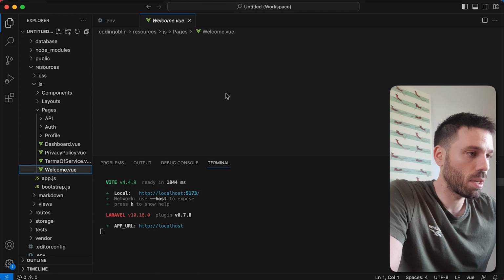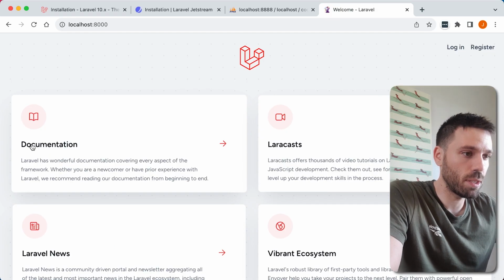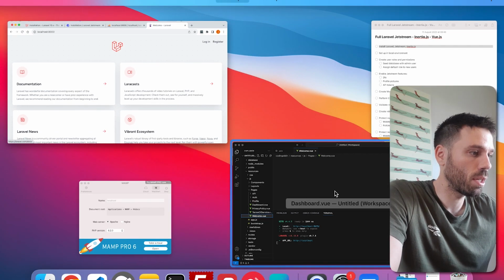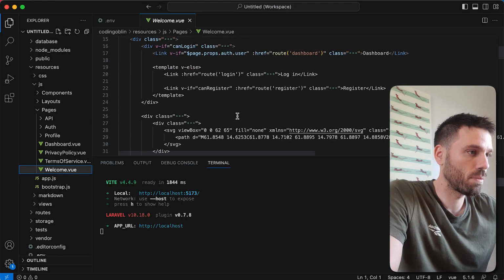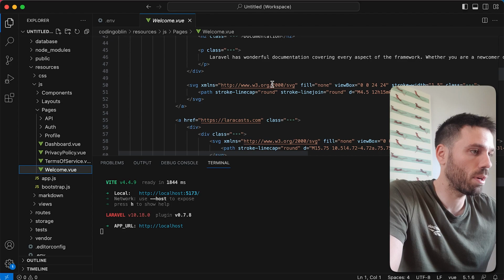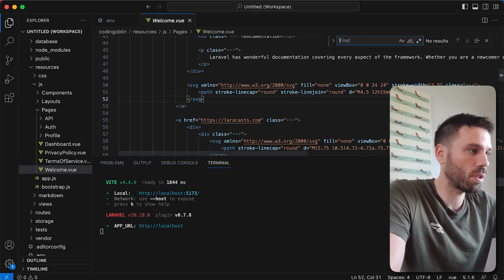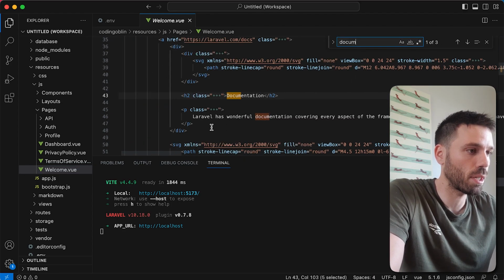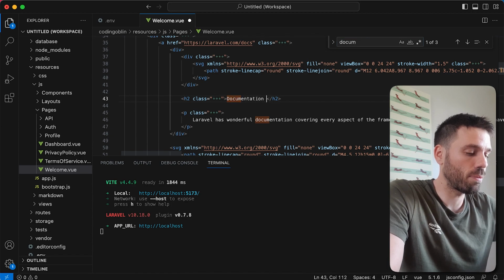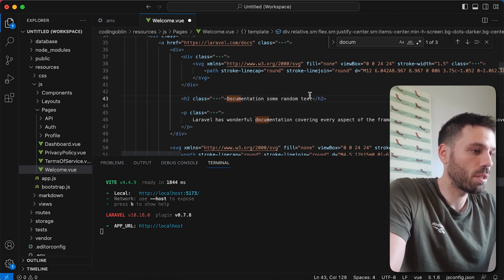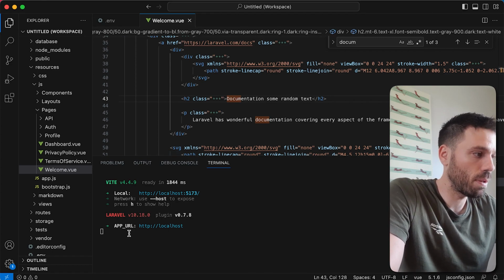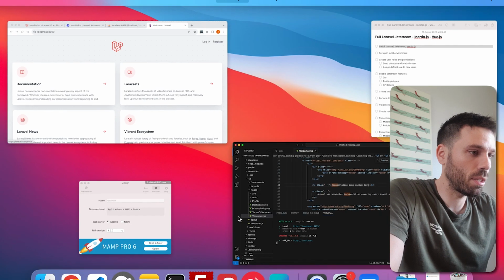I'm guessing this is welcome here. So see documentation there, let's change that and see what happens. Hopefully this is the right file. Yeah, it's okay. So now let's just add something here, some random text, save that, and then we should see, with a bit of luck,